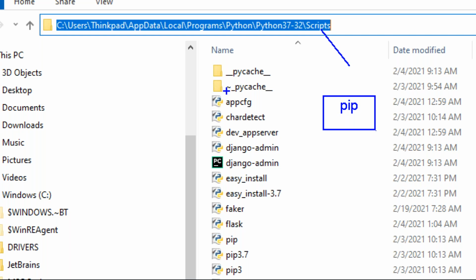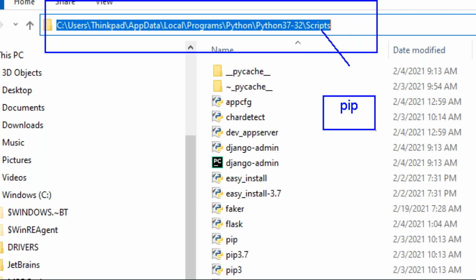If you are not adding this line, then after opening the command prompt, every time you need to travel to this location. You need to open your command prompt up to this location, and then use pip install required module name. Every time opening C, Users, username, AppData, Local, Programs, Python like this is a problem, irritating, time wasting.